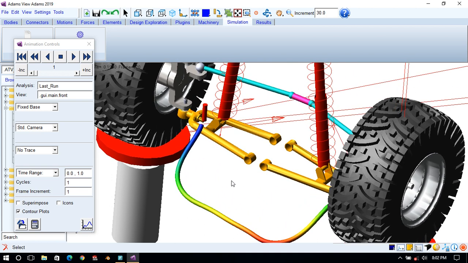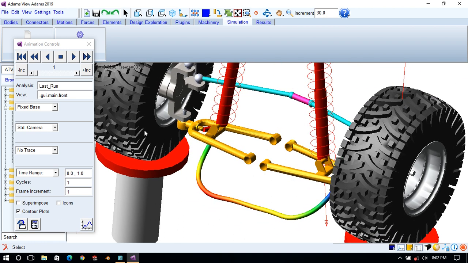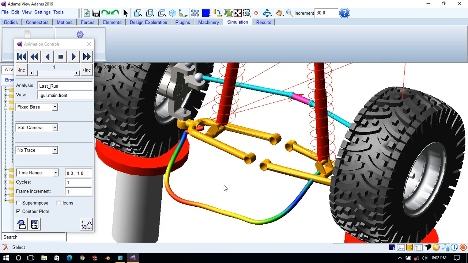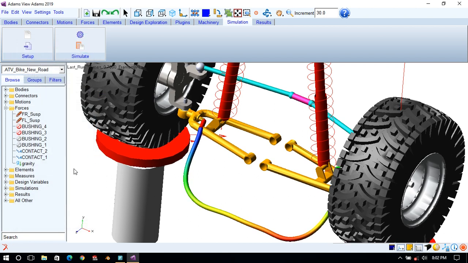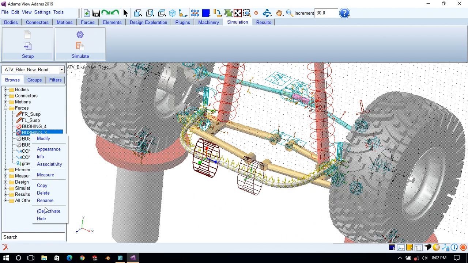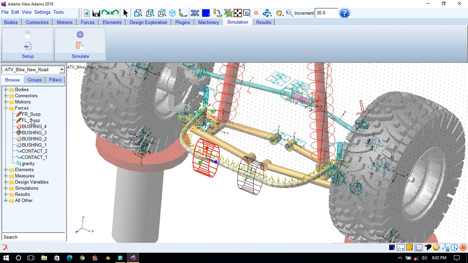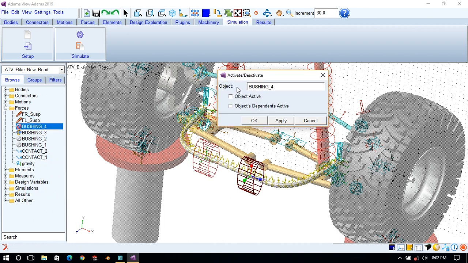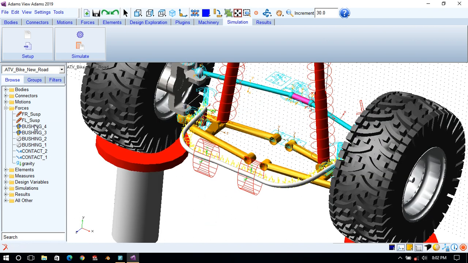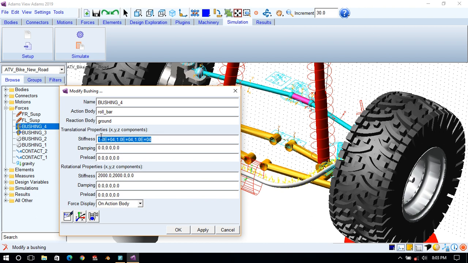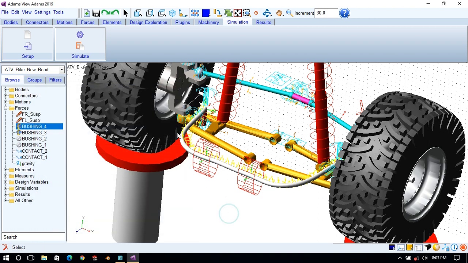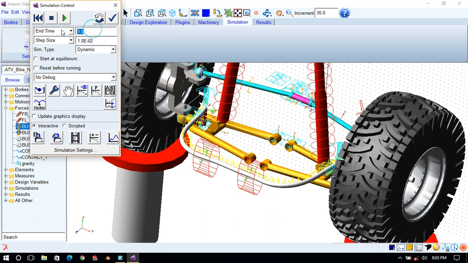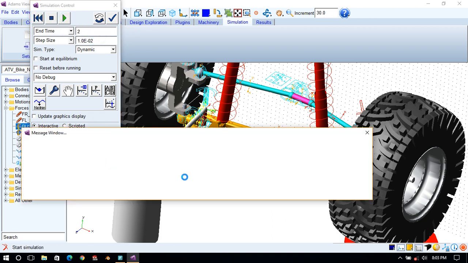See, if there is no bushing, it will fall, because the bushing acts as a resistance. If we use a very low stiffness value, it will fall under gravity. That's why we use very high stiffness in the linear direction so that it will restrict its linear motion. So we have to define high stiffness in linear directions and zero stiffness in its rotational axis. So we will run for 2 seconds and okay.